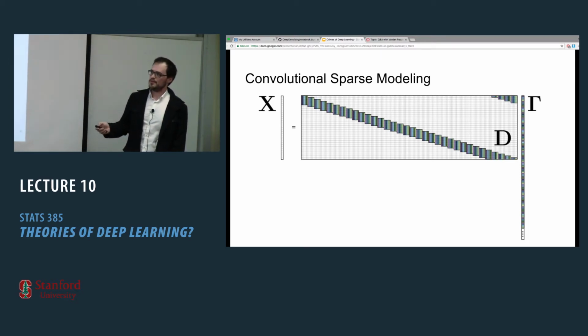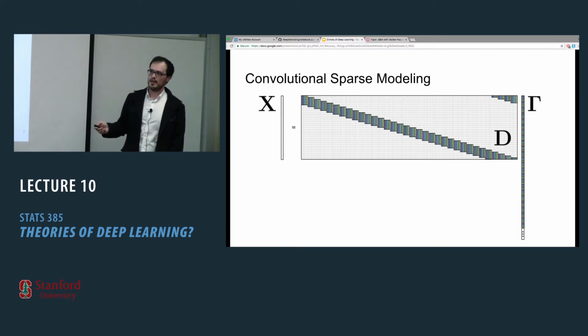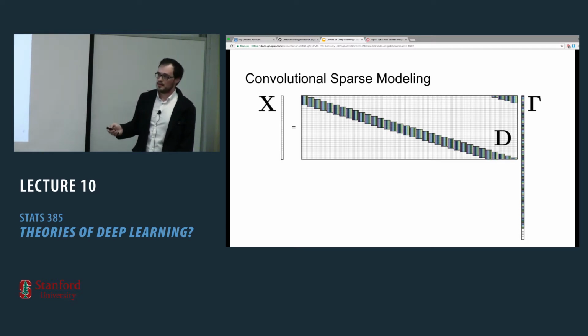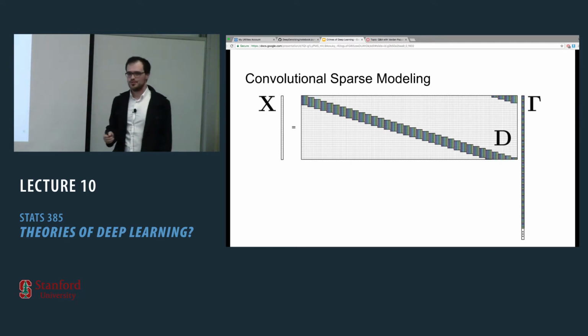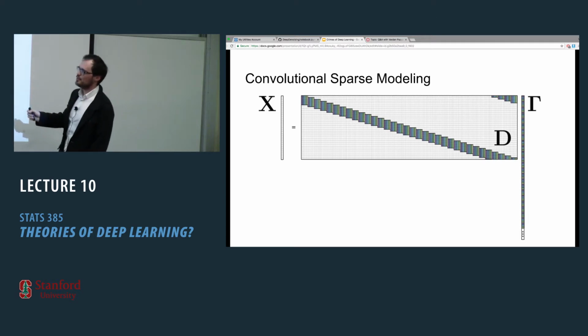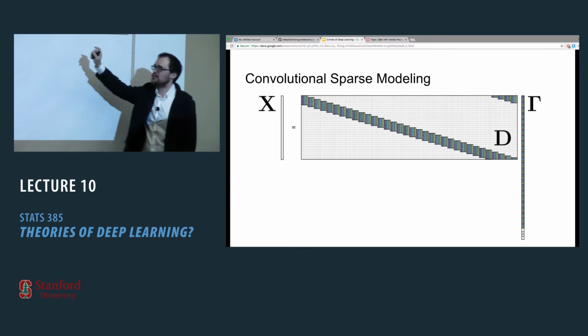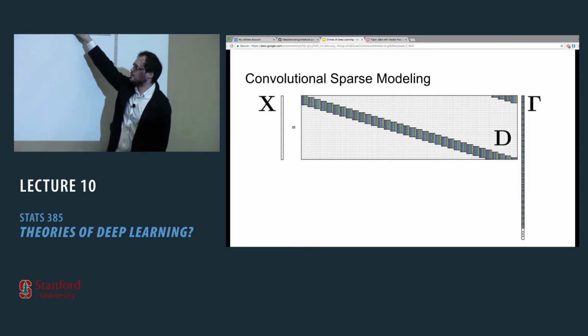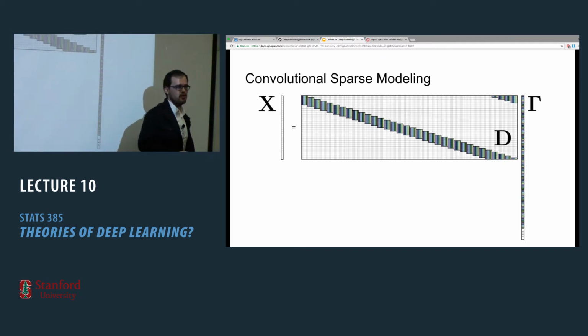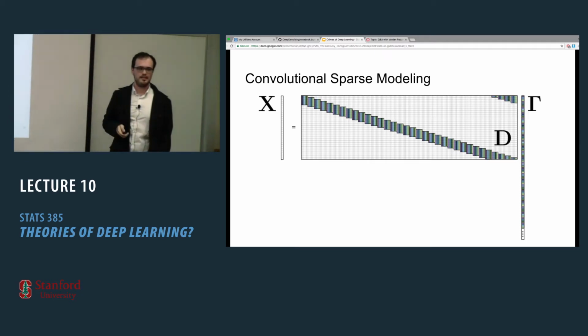And the model is the following thing, which is called convolution sparse modeling, which has actually gained a lot of popularity in recent years in the signal image processing community. So in this case, what you assume is that your signal X is a multiplication of a dictionary, which is structured, times a sparse representation. And the structure that the dictionary has is that it is composed of different shifts of these local filters. So these little atoms or filters are basically like Gabor filters, shifted in different places in the image.